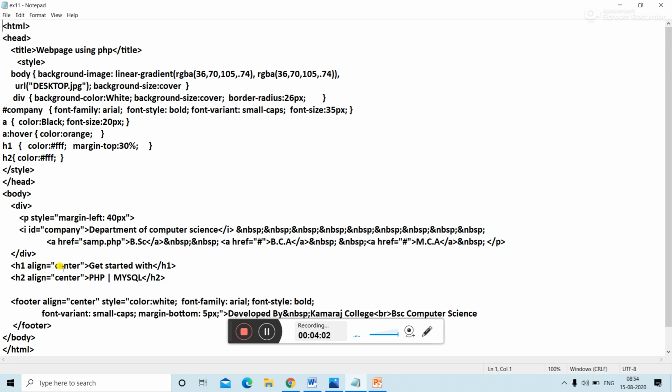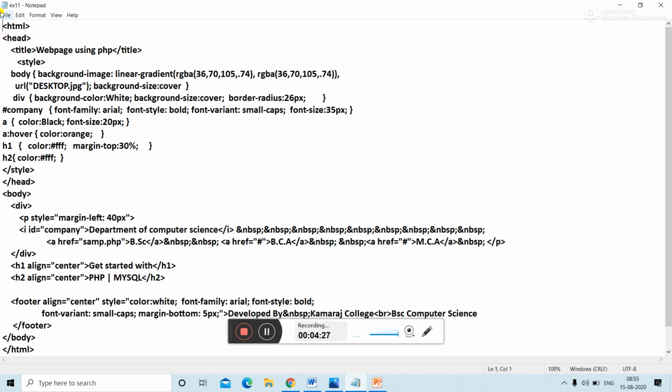Here we are using CSS, so the style tag is used. The style tag is used to define the cascading style sheet. So the tag starts here and ends here. In this I am using the body tag.